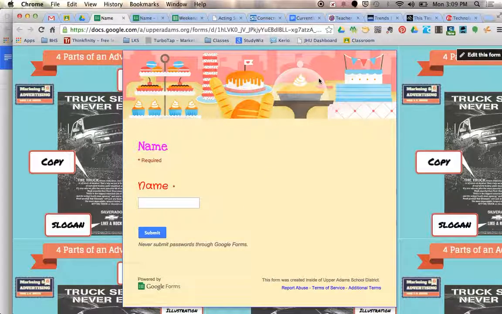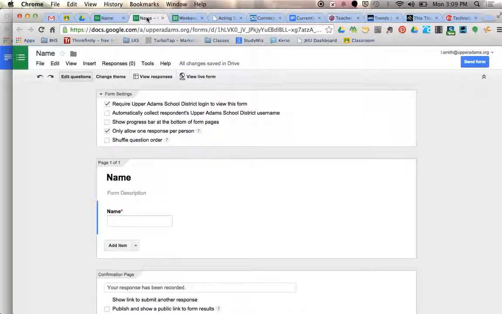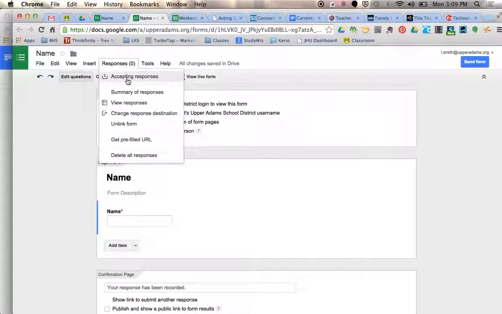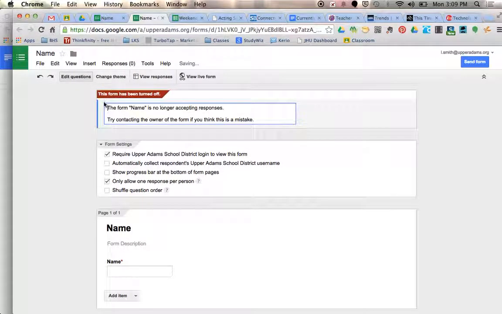So if you change the link, you can go back in and rechange the link. Like if I wanted all my kids to take the same test instead of making a copy for each class period, it may give it the same link. That I don't know. What I do when I'm ready to give the test, I'll turn it on. When they're done, I no longer accept responses. So that even if they were to try to click on this link again,